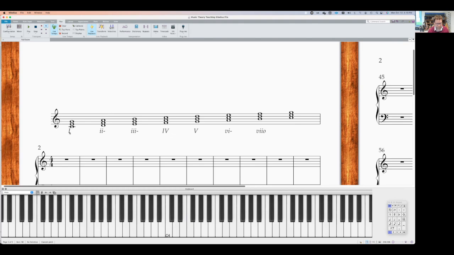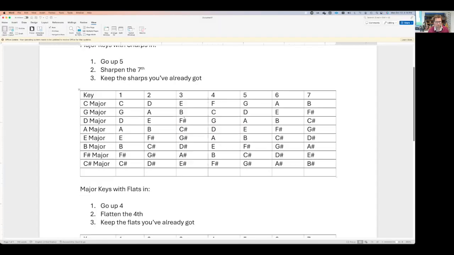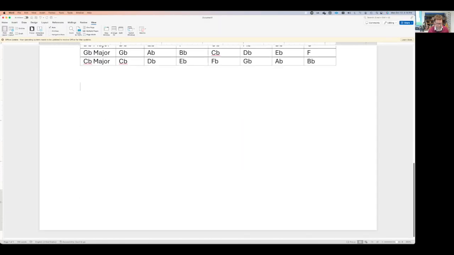So, one thing then to remember as you go along is that chord 1 in a major key is going to be major. So, I'm going to call this C for C major. Chord 4 in a major key is going to be major, so I'm going to call it F major. This chord here, which is chord 5 in a major key, is also going to be major. So chords 1, 4 and 5 are going to be major. I'm going to write that in our Word document. So in a major key,